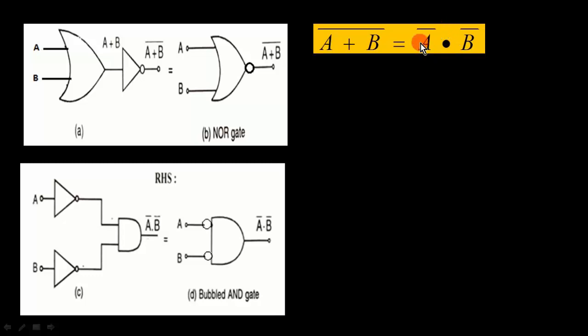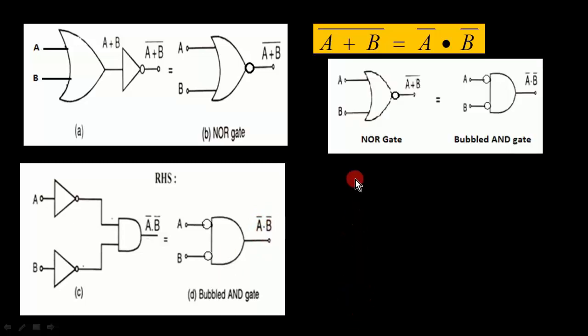So here we require an AND gate whose inputs are a complement and b complement, and therefore we have complemented the two inputs a and b. These are brought to the inputs of an AND gate. So we get at the output a complement dot b complement. This is simplified, as NOT is always shown by a bubble. So we show a bubble at the inputs, so they become complements, and the output will be a complement dot b complement.